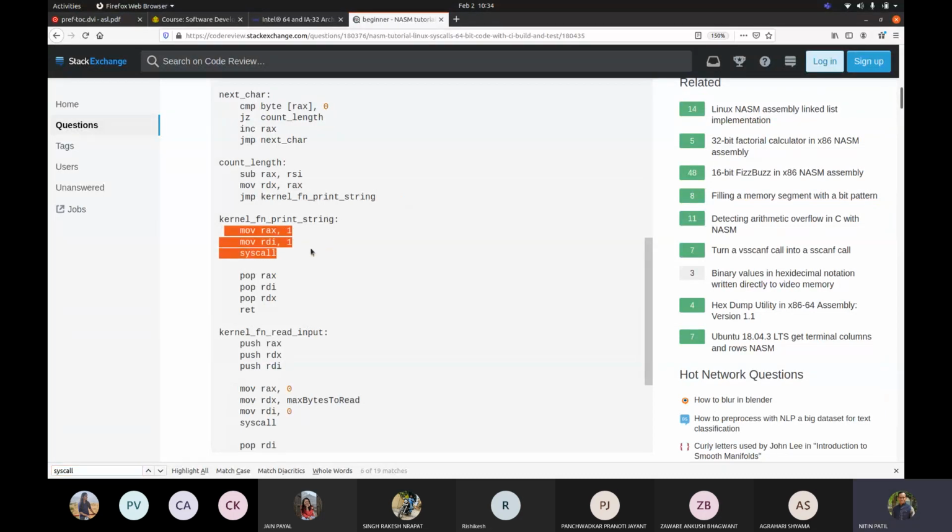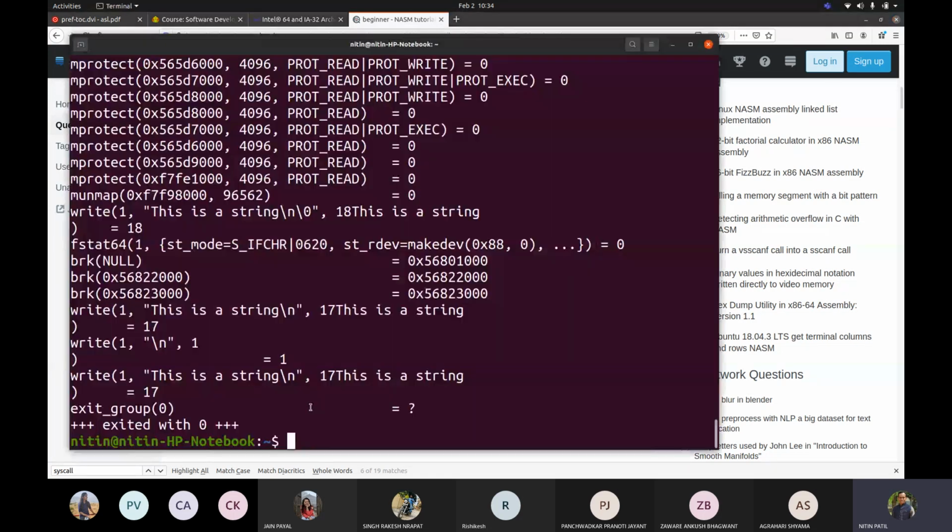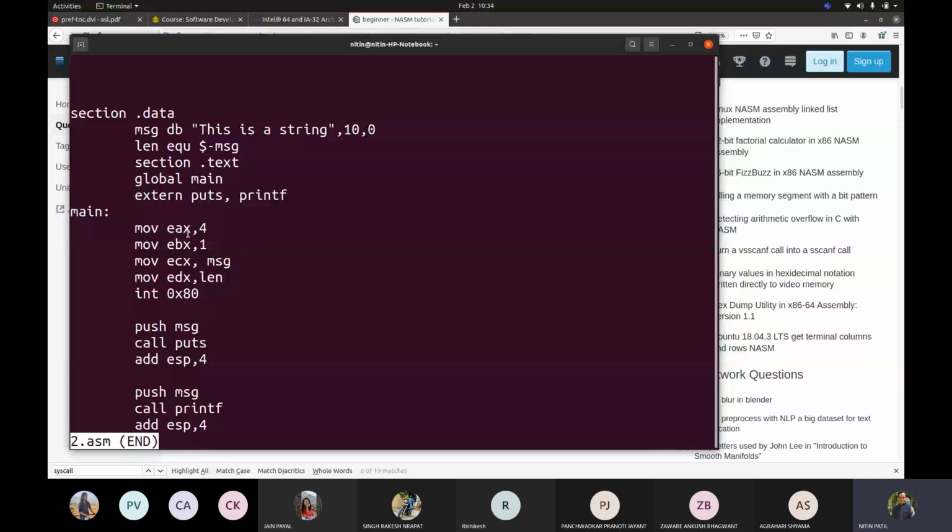So this is with respect to working with a system call number. So RAX would be holding the system call number. Correct. So if I go here, this RAX is holding the system call number. So this order of registers is always fixed, for what parameters they are going to contain. Okay, so the way that we saw with 64-bit versus 32-bit programming, for example, in my program I specifically said that EAX will be used to hold the system call number, EBX would be the first parameter, ECX would be the second parameter, and EDX would be the third parameter.